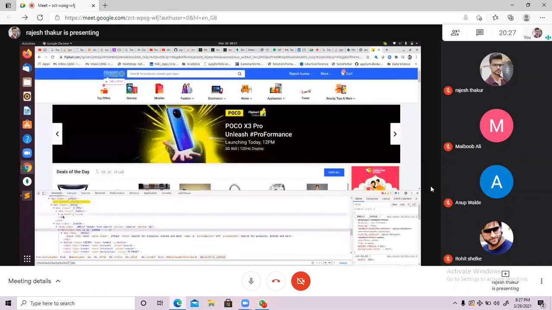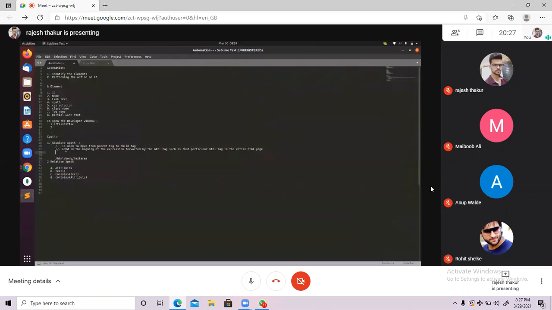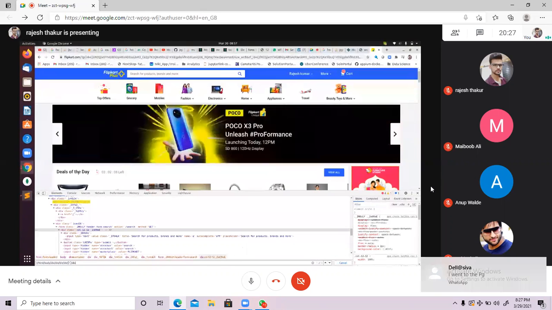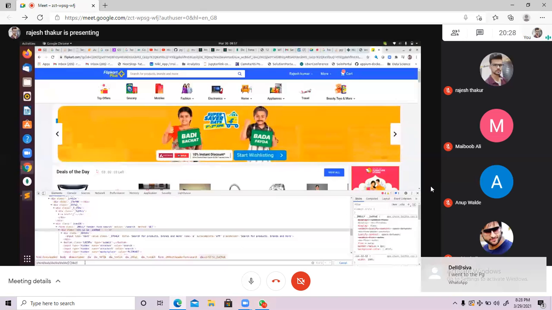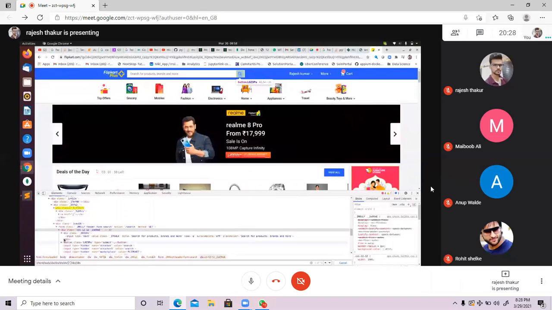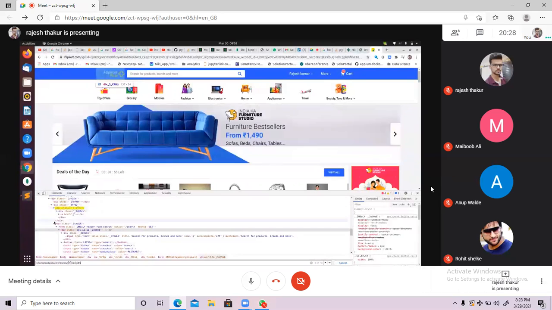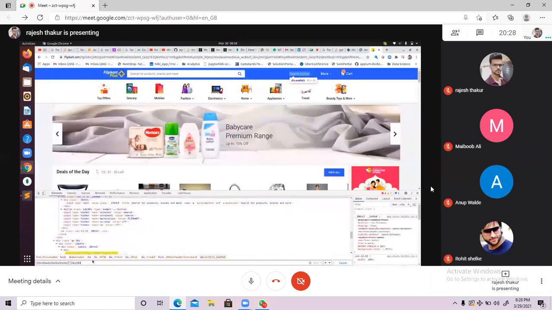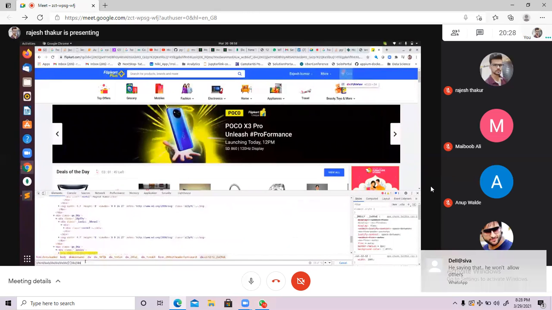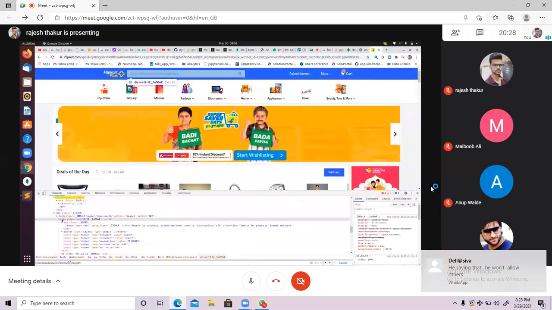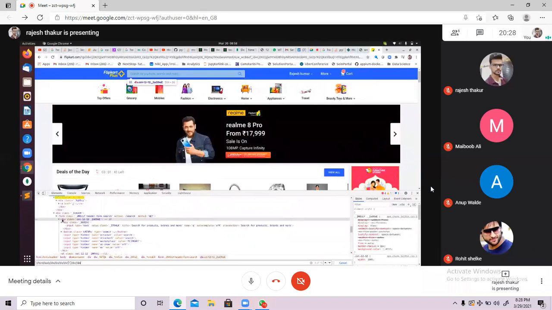So what I wrote: double forward slash is used at the beginning of the expression, followed by the HTML tag, to find that particular HTML tag in the entire HTML page. But if you use a single forward slash, it moves step by step, parent to child, parent to child. But if you type double forward slash div here, it goes from this page to the relevant tag, see this tag, right? Okay, this is going to this first HTML tag, right? This is covering our text area.